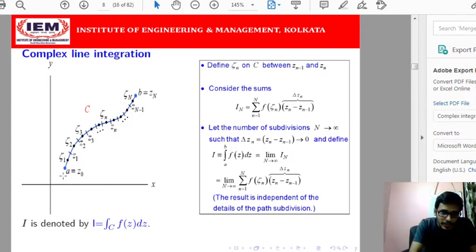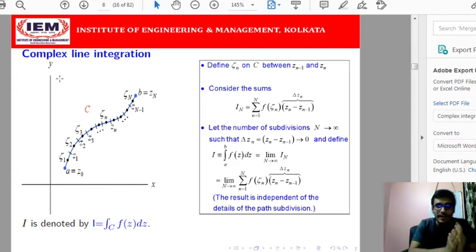Corresponding to z0 and z1 we will consider a rectangle. How can we get the area of that rectangle? The base is z0 minus z1, this gap, and for the functional value, it is not possible to take the functional value for each and every point in between z0 and z1. That's why we have taken xi1. xi1 is the representative in between z0 and z1. So we take the functional value corresponding to xi1. That is the length, and length into breadth gives us the area of that rectangle that we can form by joining the points on that curve and the corresponding functional values on that surface.